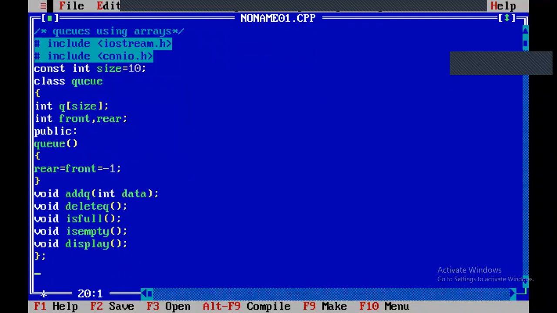First we go for add queue. How to implement add queue? Void, class name, what is the class name? Queue, scope resolution operator, then addq. We need int data.